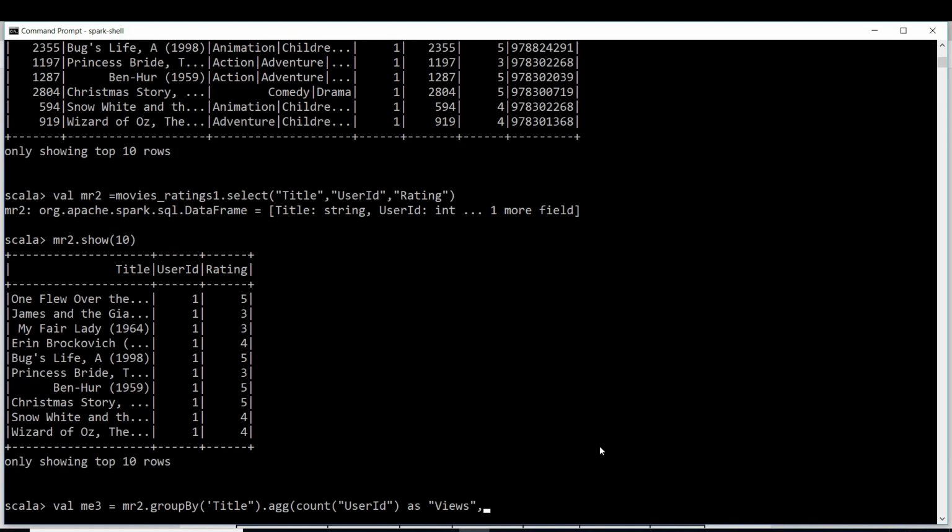See this here. Here we are grouping the data. After grouping, we get a set of values for user ID and a set of values for rating when we group the data based on title. So after grouping based on title, we have to perform some aggregation on user ID and some aggregation on rating. With grouping, we have to get the rating as well as user IDs, both.